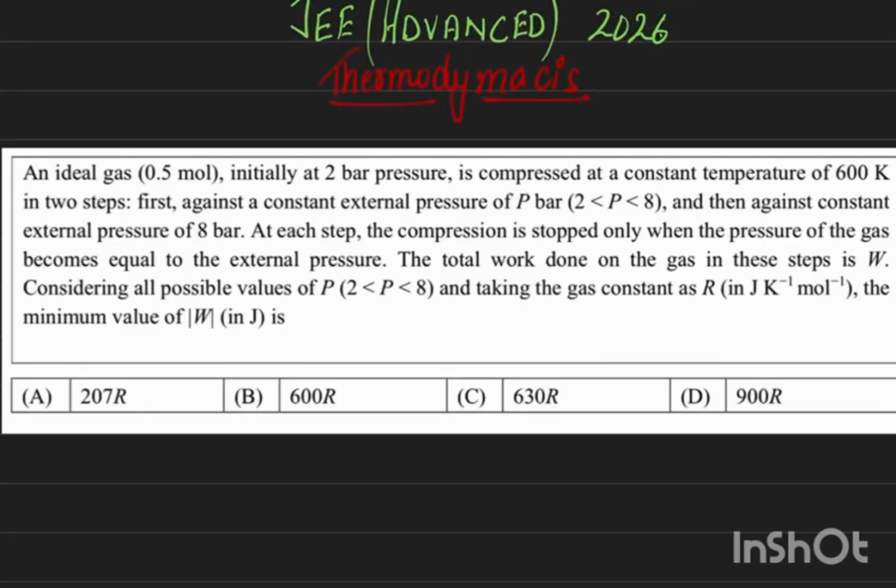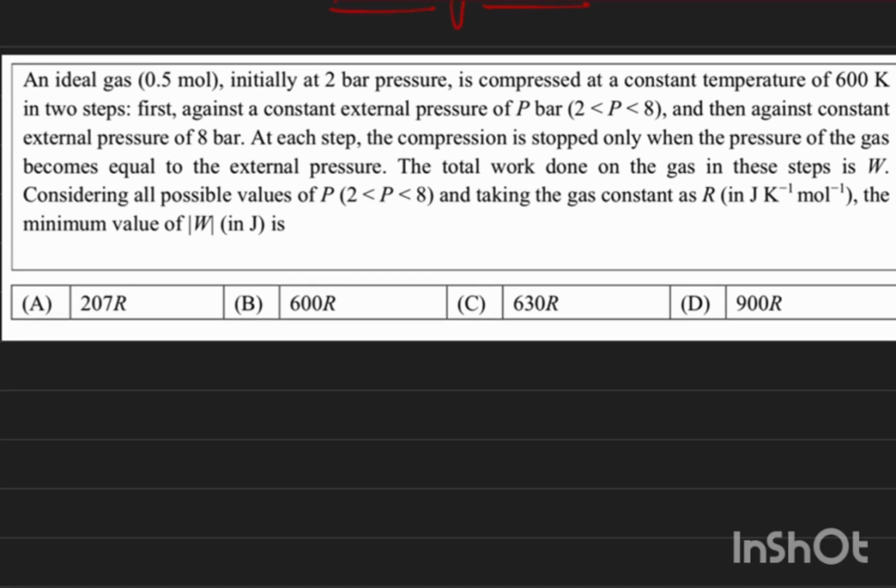Hello everyone. Today we are going to discuss a question from the recent JEE Advanced 2026, which is from the thermodynamics topic, and we are going to discuss the solution of this question, which is saying that an ideal gas, which is 0.5 mole, initially at 2 bar pressure, and